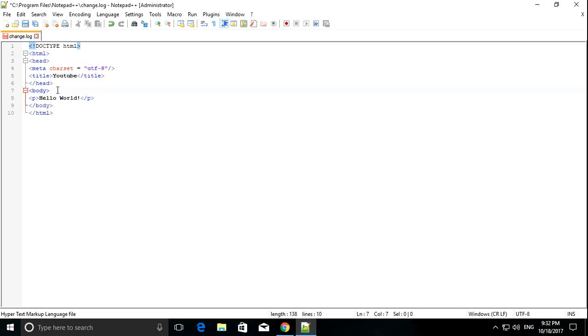For that we need some tags called h tags, and there are multiple kinds like h1, h2, h3. The biggest header of your website is the h1 tag. So write h1, and inside it we can write